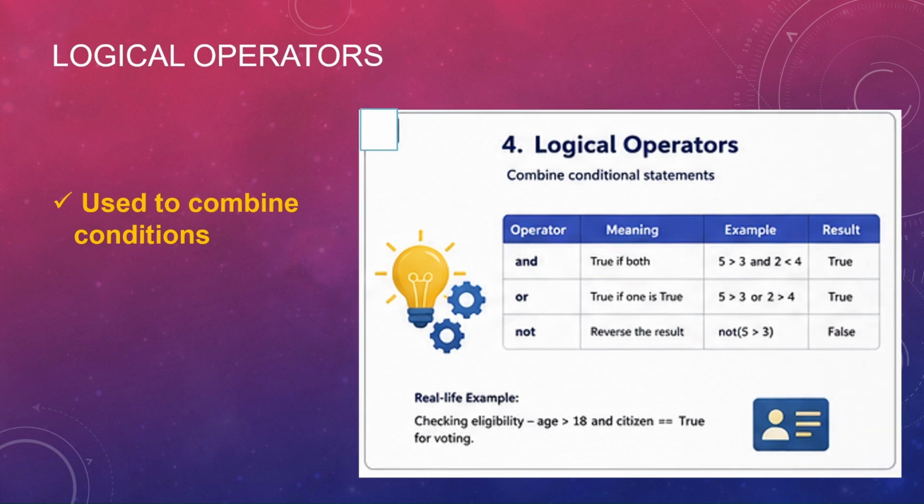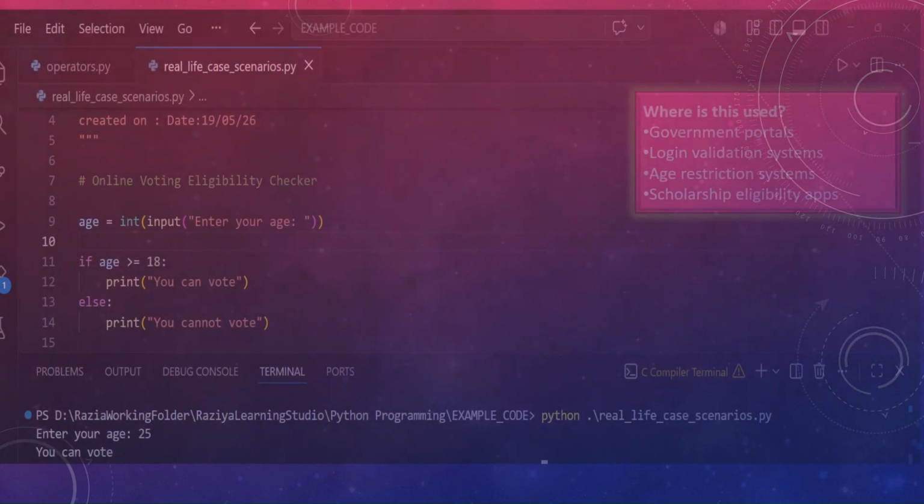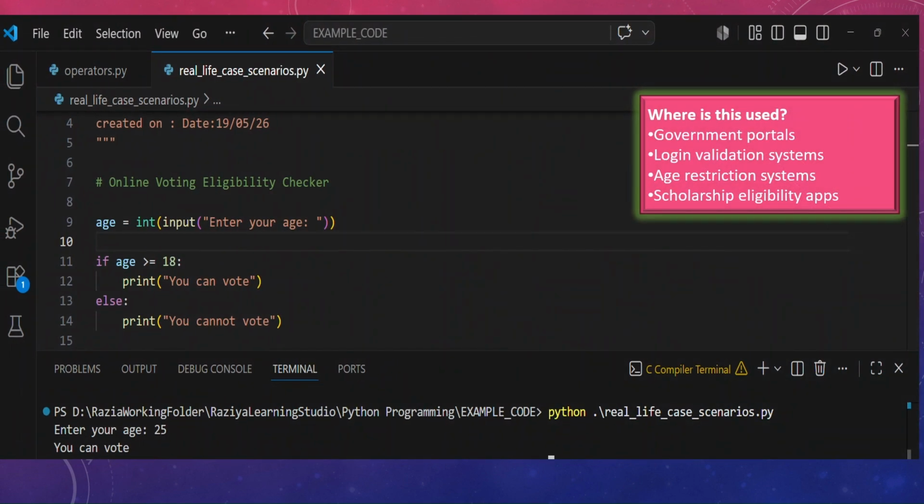Fine. Wait, let me go to the earlier one. Yeah. So here, as you can see, the user will input the age. The age entered first is 25. So it will come here. See here I have done casting also, because we already saw that whatever input it takes is a string value. Age is a number, so it has to be numerical. Hence I have taken int, not even float or complex.